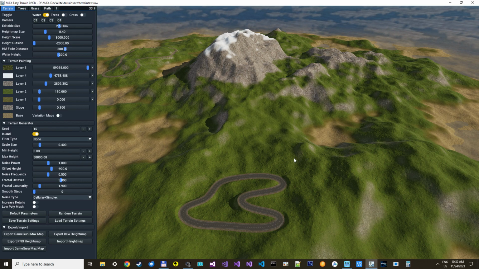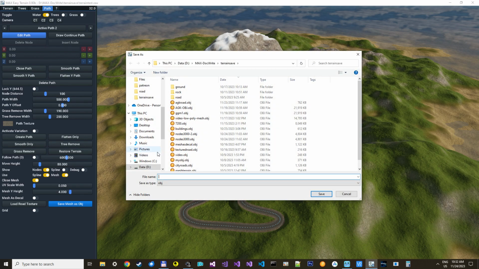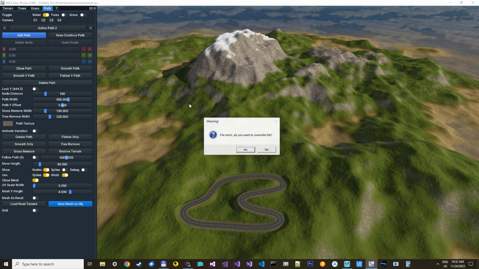Now we need to save the road, the mesh road. So we go to path, have it here, and save mesh as OBJ. We'll just call it AGK road, override it,